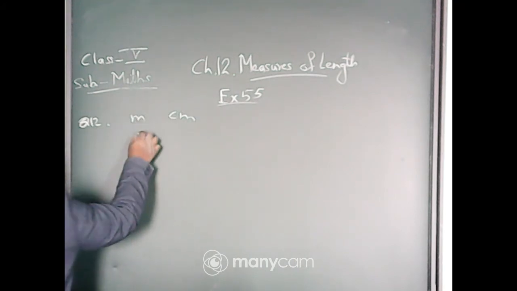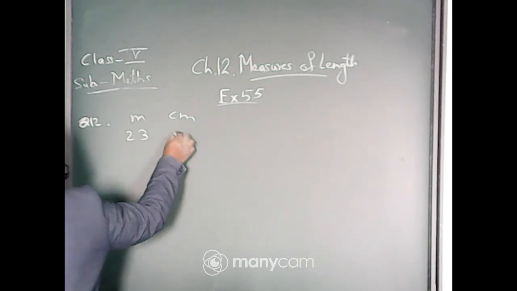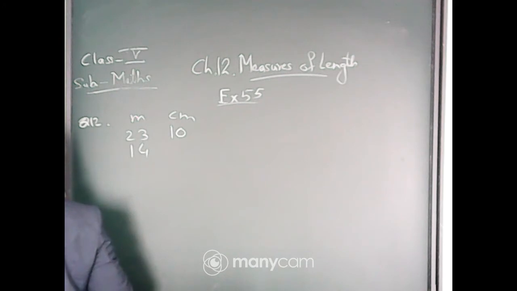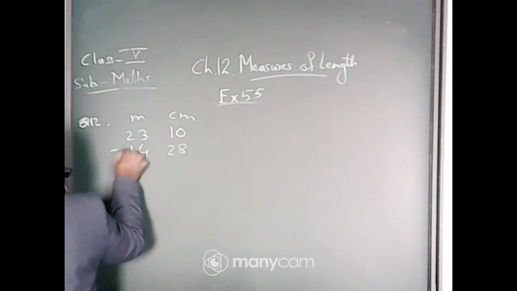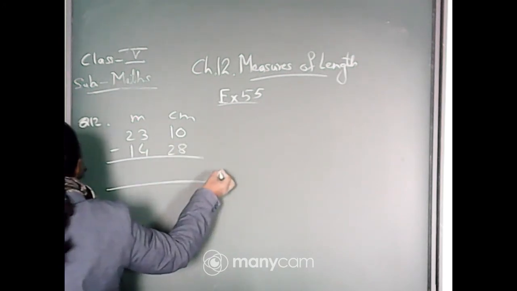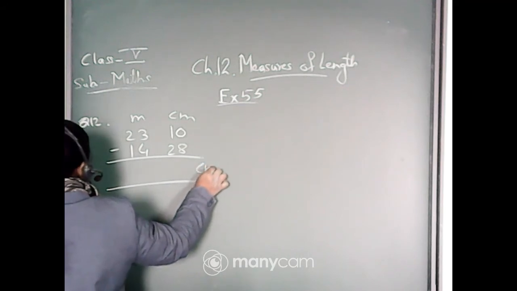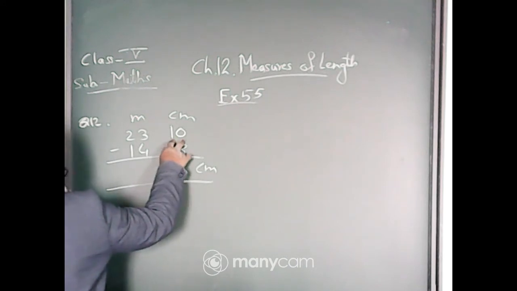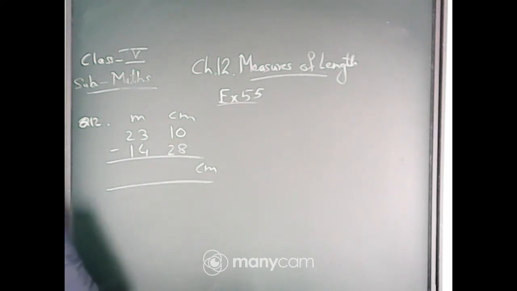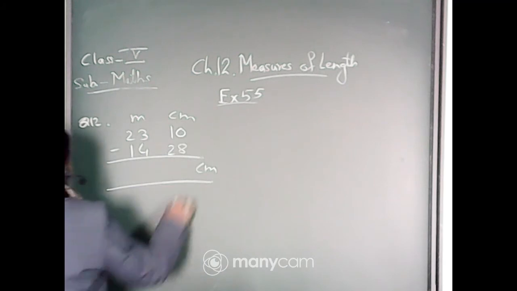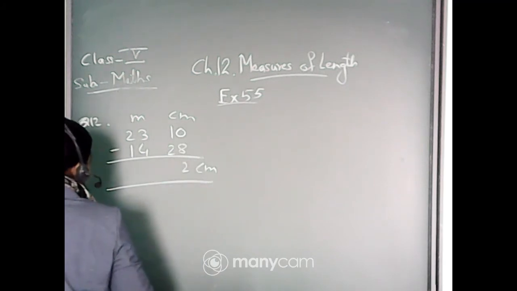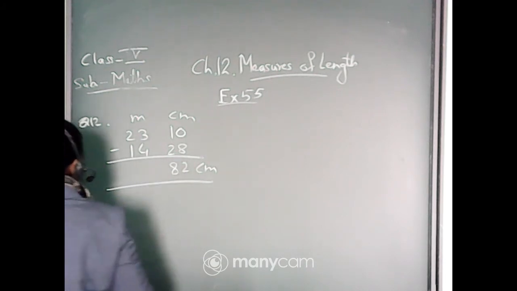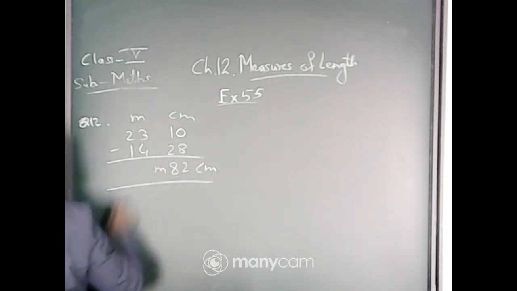So 23 meter and 10 centimeter you have to subtract by 14 meter and 28 centimeter. So here it will be centimeter. Since 1 meter equals 100 centimeter, these two digits are given, so it will be like this only. 3, 4, 5, 6, 7, 8, 9, 10 and 11. So 82 centimeter, and for meter